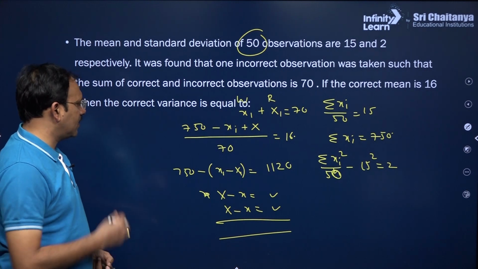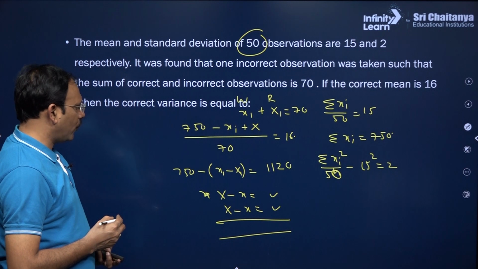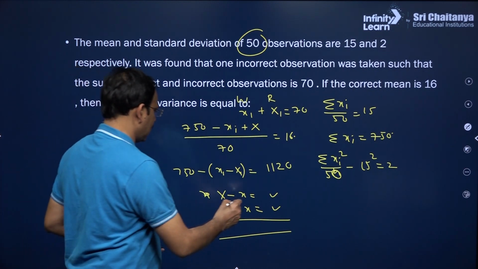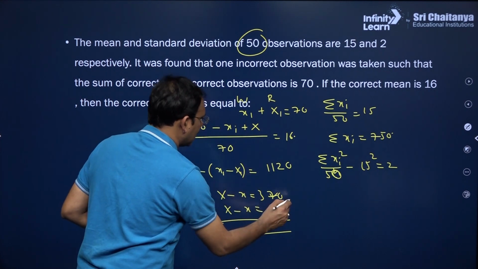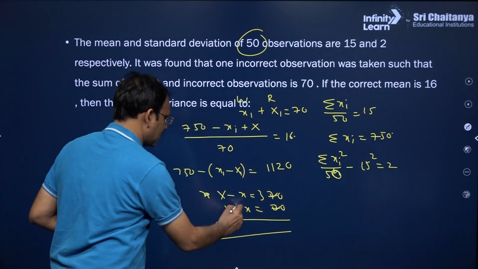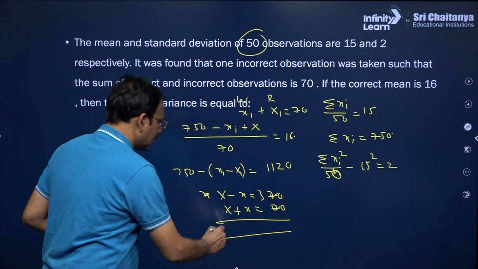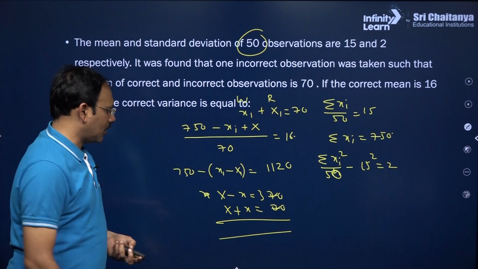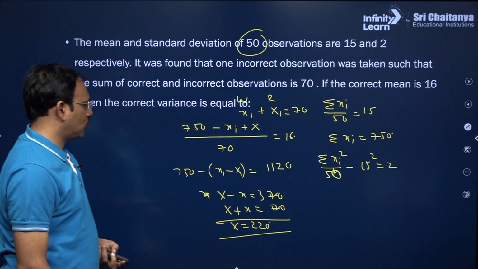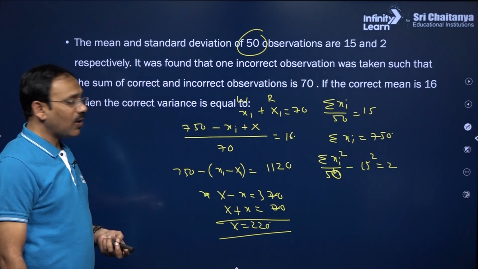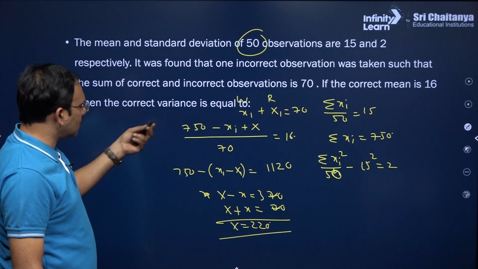You just do the calculation. You are going to get this is 750, in the sense 250, 350, 370, this is 370 and this is going to be 70, my dear friends. This is capital X plus small x. Okay, so if you just add the two, this is 440, so capital X is 220, my dear friends, 220. Okay, so I can say, my dear friends, if the correct mean is 16, then the correct variance is,